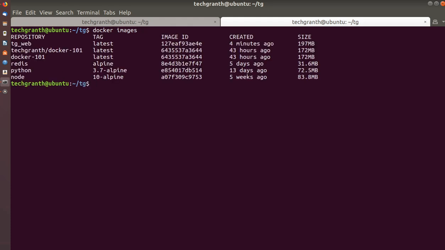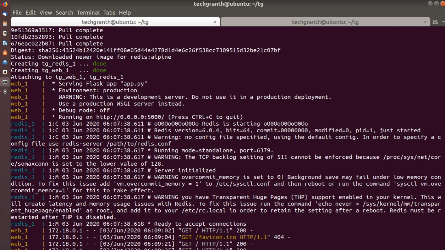You can see it has created Redis, Python, and this web image. So these are the images being used, and you can see here as well which requests we made from the web browser. It is also showing here.